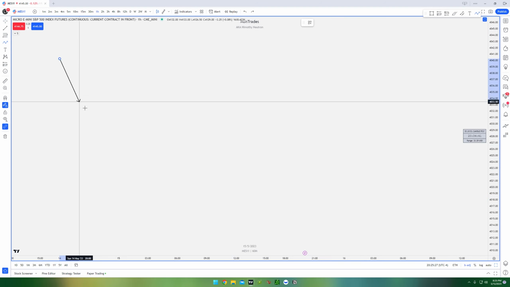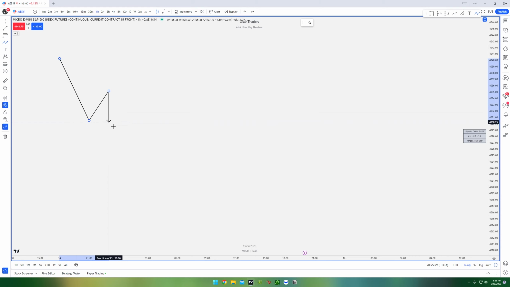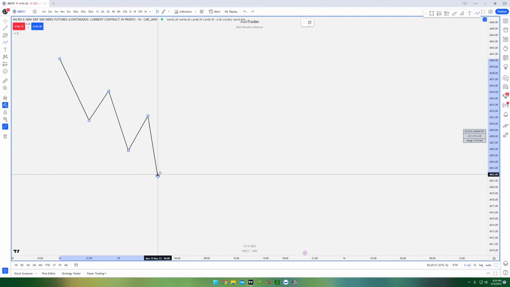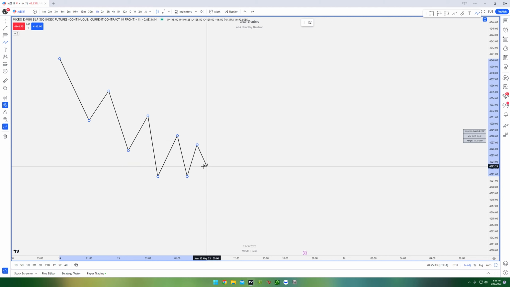Now, let's say we're in a bearish market this time and price is making lower lows, lower highs, right? And at this low, we don't fully take out this low yet. Let's say it's a double bottom, right? You think it's a double bottom, and then we bounce right here. It's not a strong enough bounce, and then price comes all the way down again. Price comes here and then bounces again, but this time taking out these